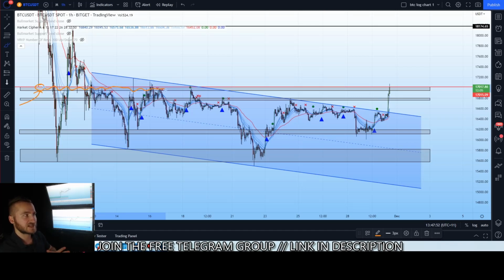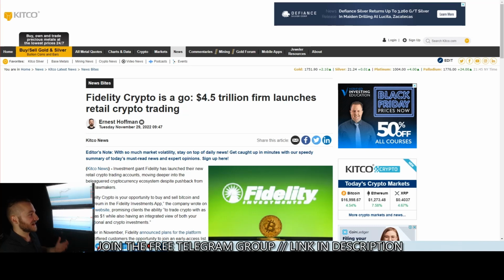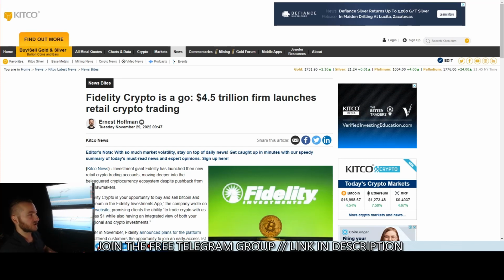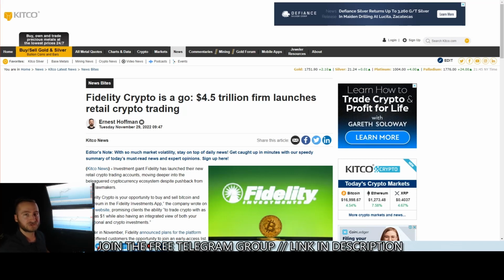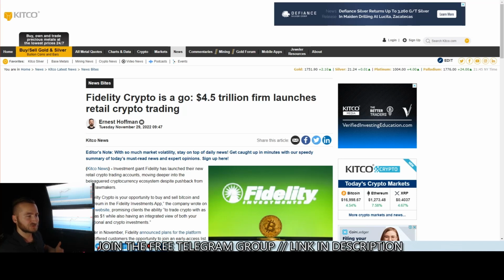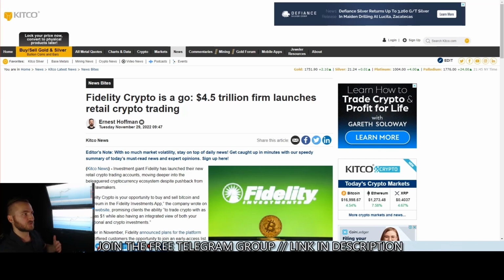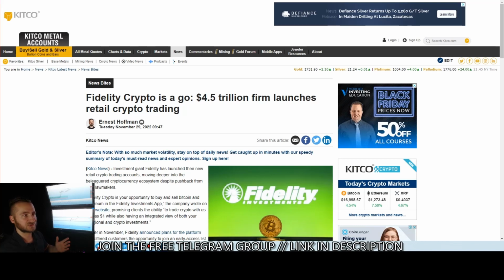It's interesting to see big firms adopting Bitcoin, such as Fidelity, which owns $4.5 trillion in assets. They just announced yesterday, or today actually, they've launched retail crypto trading, so they're allowing their retail investors of the assets they manage to actually access cryptocurrency. And we're seeing all this positive, bullish news in the midst of what I would call slander towards the cryptocurrency space. Politicians, government agencies, regulators, basically telling us cryptocurrency is bad, cryptocurrency is dangerous, cryptocurrency needs to be avoided,